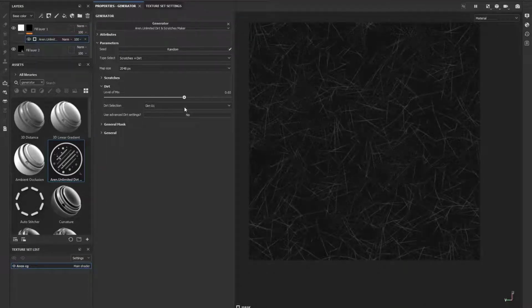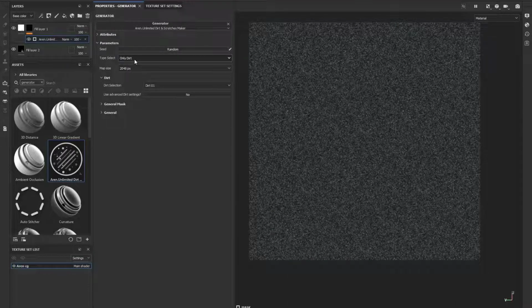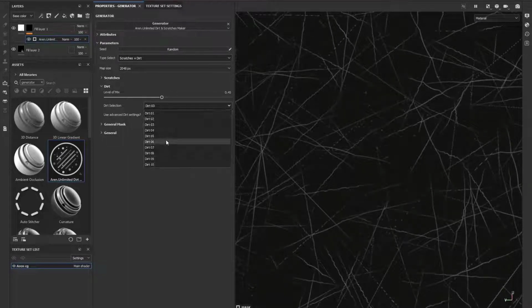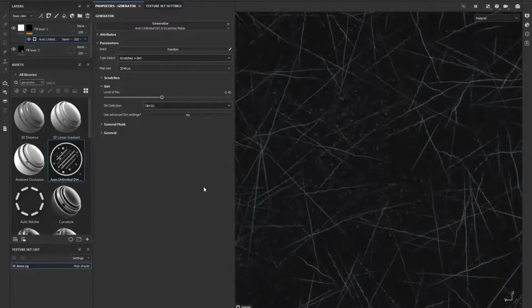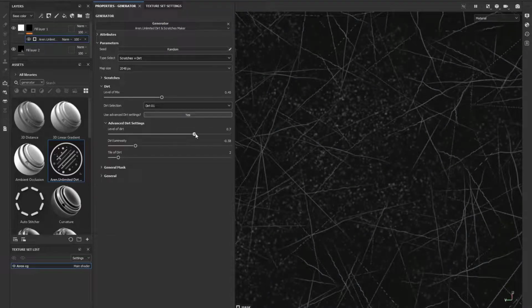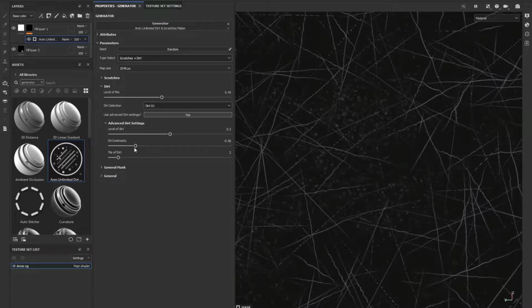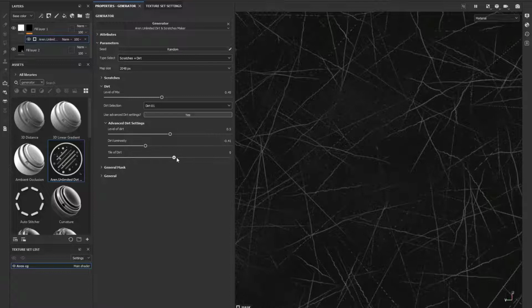Then we have different dirts, as you see, that we can choose from here. Then we have the level of dirt, that you can increase the strength of your dirt in your scene. Then we have the luminosity and the tile of the dirt that you can make smaller or bigger. Then we have the general mask that we can add